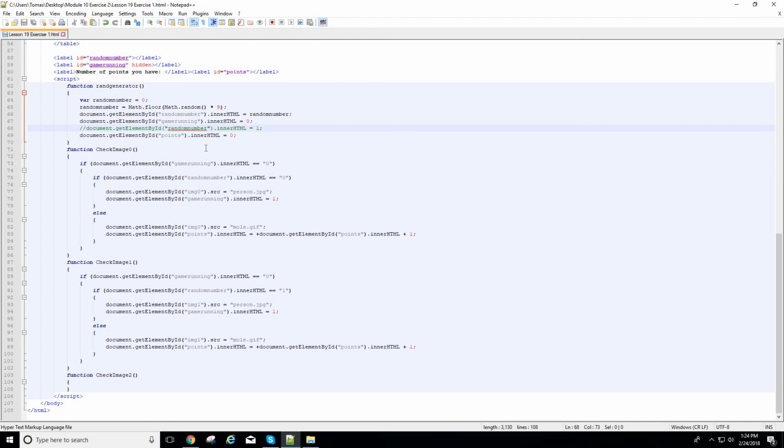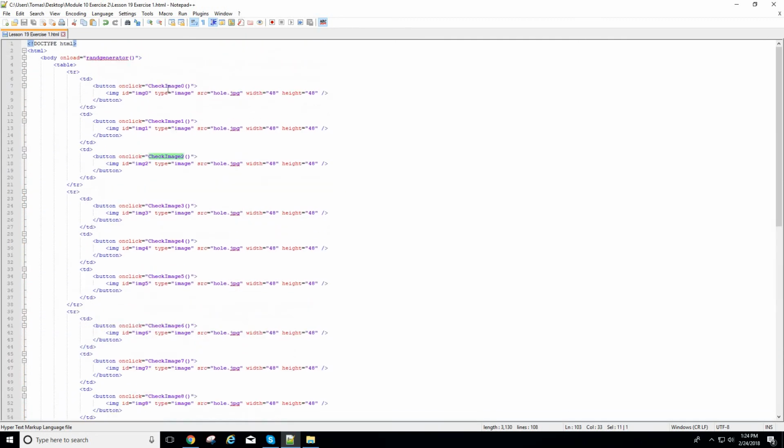If you want to play around and make this program a lot more advanced, you can make these checkImage0, checkImage1 functions, all of checkImage0 through 8, be one function. And the way you do that is you set up an array. Each one of these buttons would have one function call. And you would pass